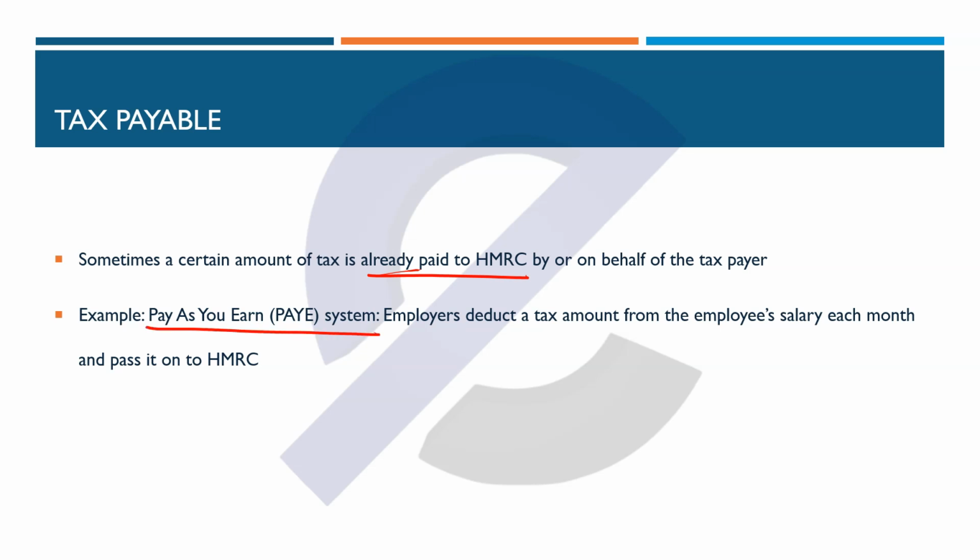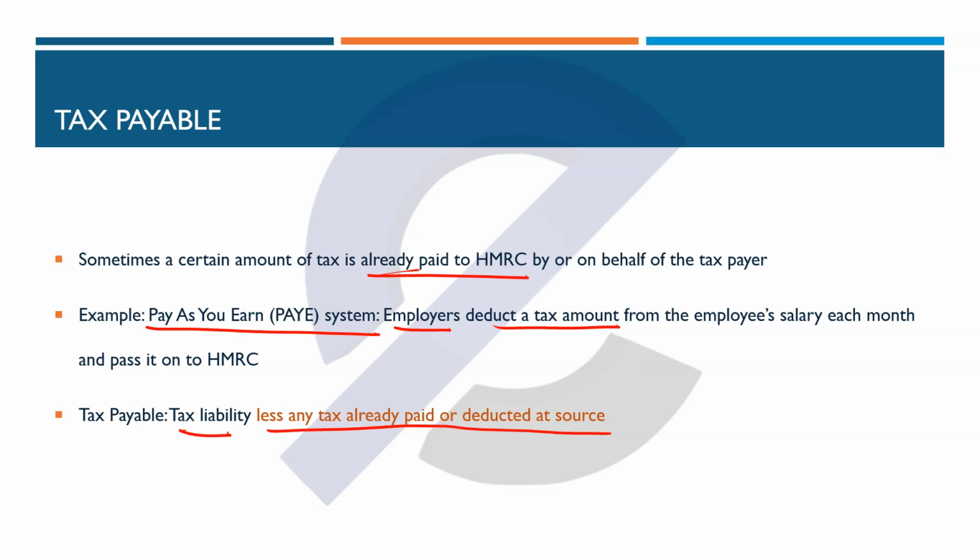A common example of this is tax deducted at source on salary received by an employee, which is covered by the pay-as-you-earn system. Under this system, HMRC have made it easier for them to get access to the tax on the employment income by instructing employers to deduct a monthly tax charge from the employee's salary before it is handed over to the employee. Now, if you do have employment income as part of the taxable income computation, then you wouldn't want to hand over an amount of tax that has already been paid on this amount. So the tax payable amount in this case would be the tax liability that you calculate on the gross employment income amount, less any tax that has already been paid by or on behalf of the individual.